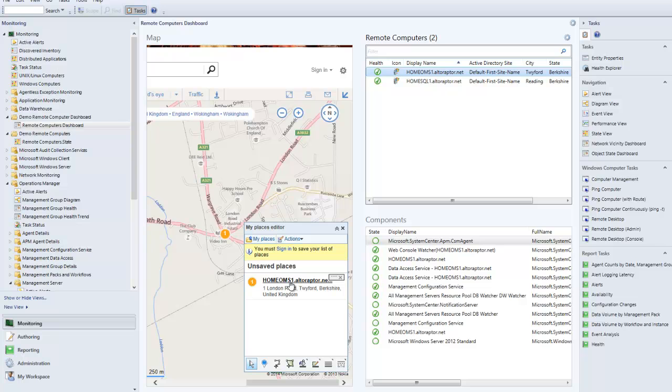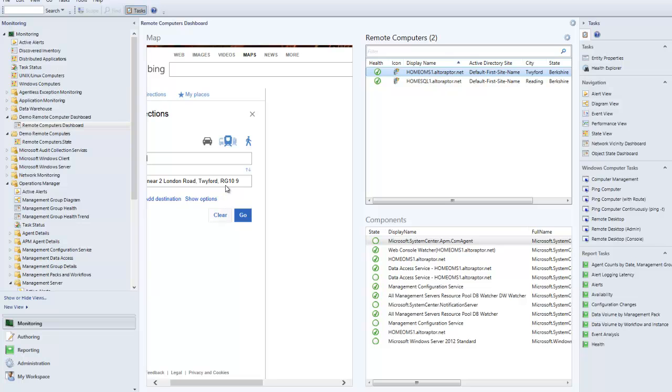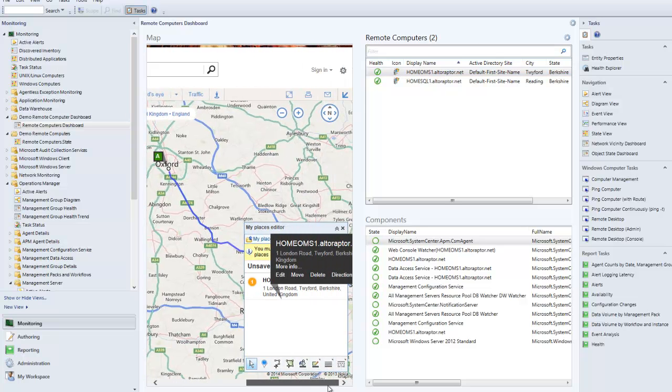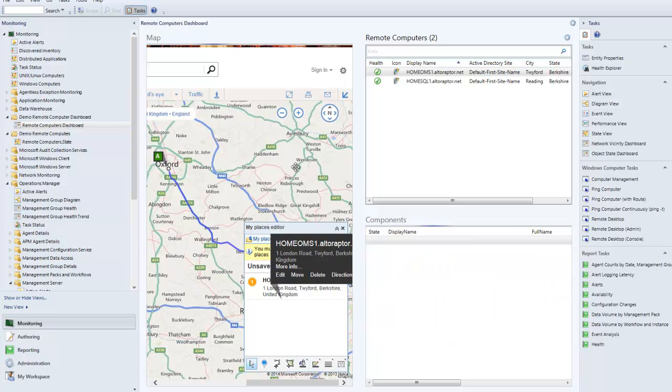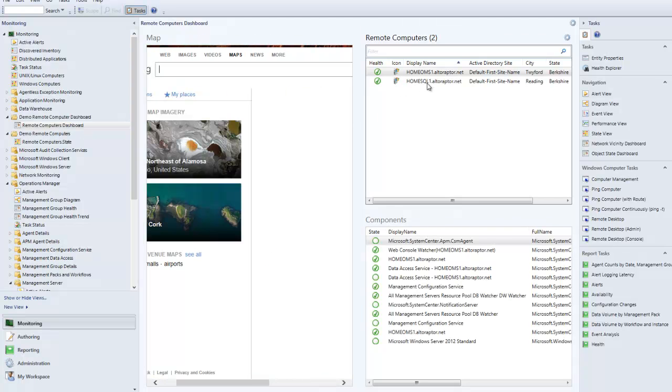Furthermore, it's possible to invoke Bing Map functions such as directions, zooming and deleting a pin if you so wish. Not sure why you'd want to do that. So let's try and get to this location from Oxford. Say it's a till that needs repairing. And we're getting that visualization there to give us a handle on how long it's going to take to get there. Finally, we can also select multiple pins